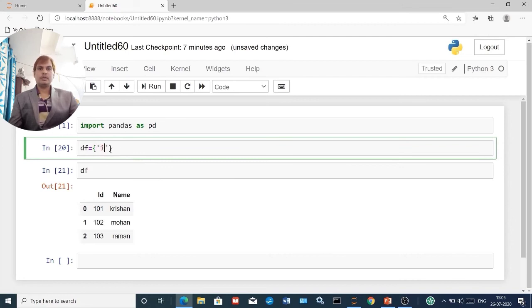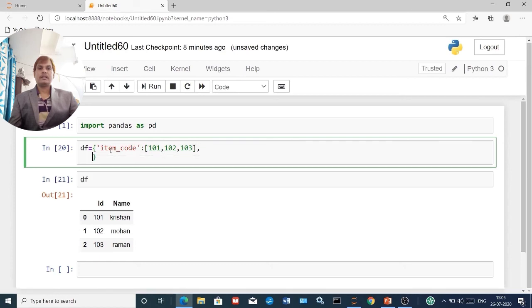You can see I am going to create a dictionary. This is the key, item code, and some values I have given, and at the same time another key, which is item name.